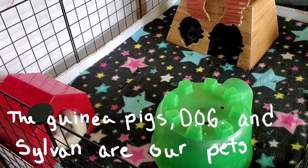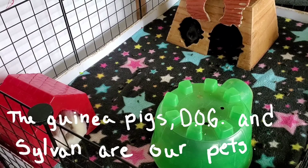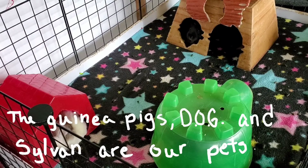They both work, but like I said, be consistent with your Oxford commas. Me personally, I like to use the Oxford comma. I like the last comma in there because sometimes it can cause confusion. So here's an example sentence where it could cause confusion. The guinea pigs, Dog, and Sylvan are our pets. If you just put the comma after the guinea pigs, you could lead your reader to believe that the guinea pigs' names